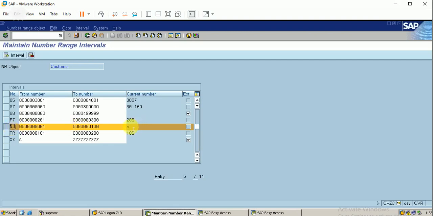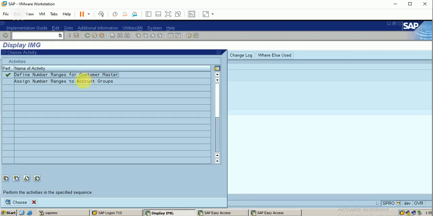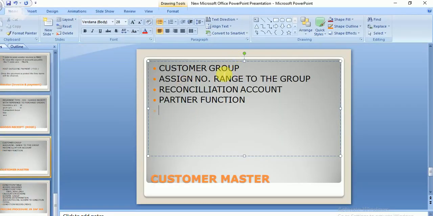The current number range is 5, so if we create a new customer, I will get the number 6. This is to assign the number range to the account group. I can assign it here also, or I can do it here itself. So I think I have configured these two steps: customer group and number range.